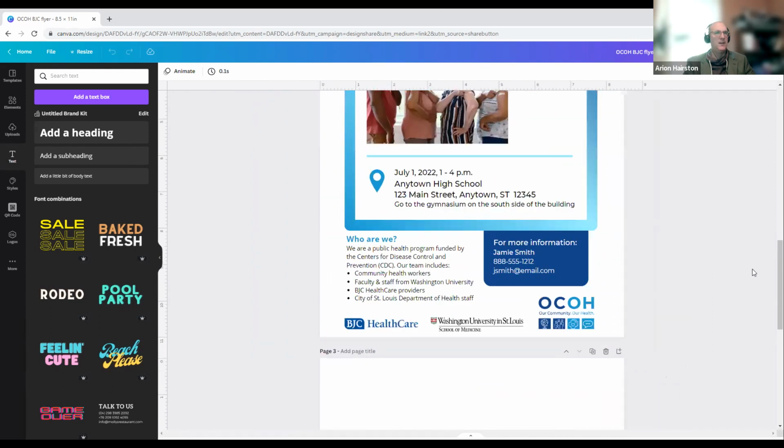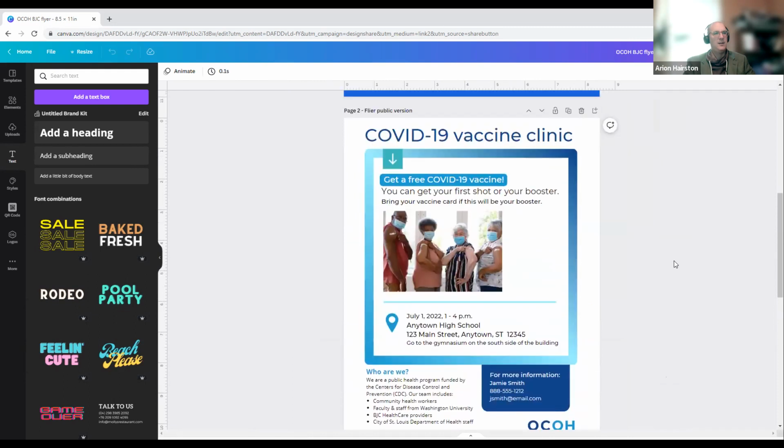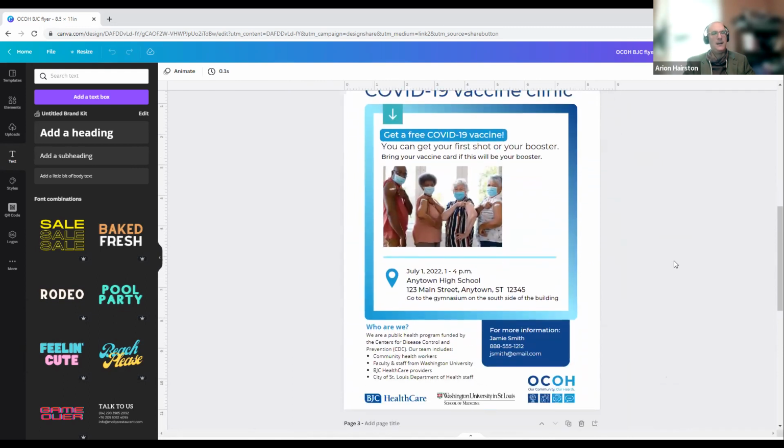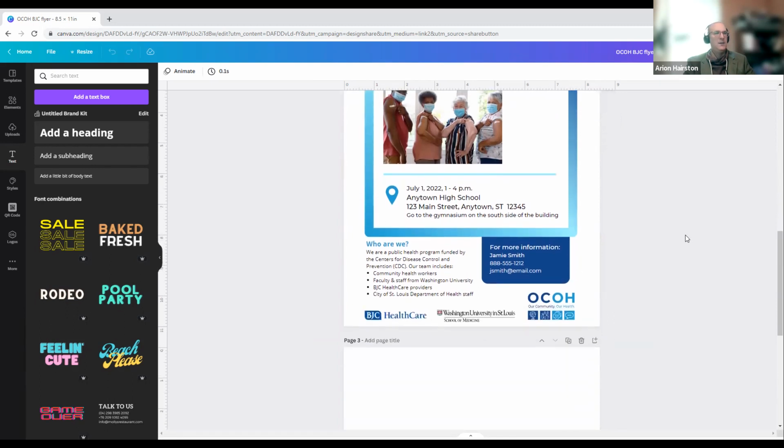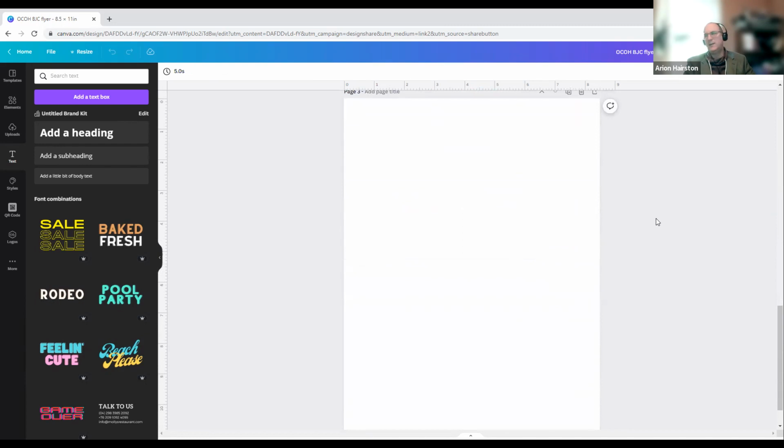And Canva is a great tool for this because when we create a material like this, we can distribute it as a template. Other users can click on this and it automatically makes a copy that they can customize and not have to worry about messing up the original. You can see this has some of the ingredients that we've been talking about here. It uses a consistent color palette. It uses that sans serif font. It varies the text size to emphasize different areas. And so, making a resource like this using Canva,